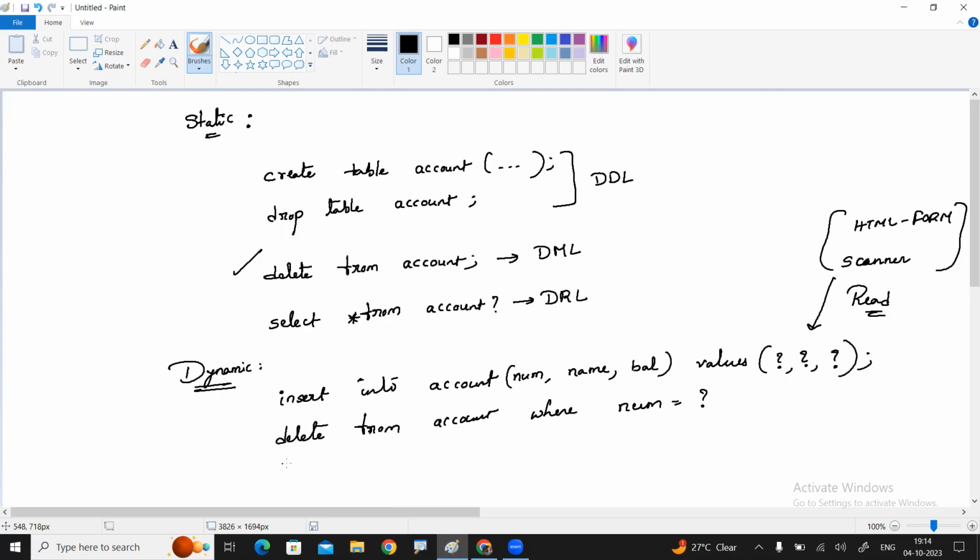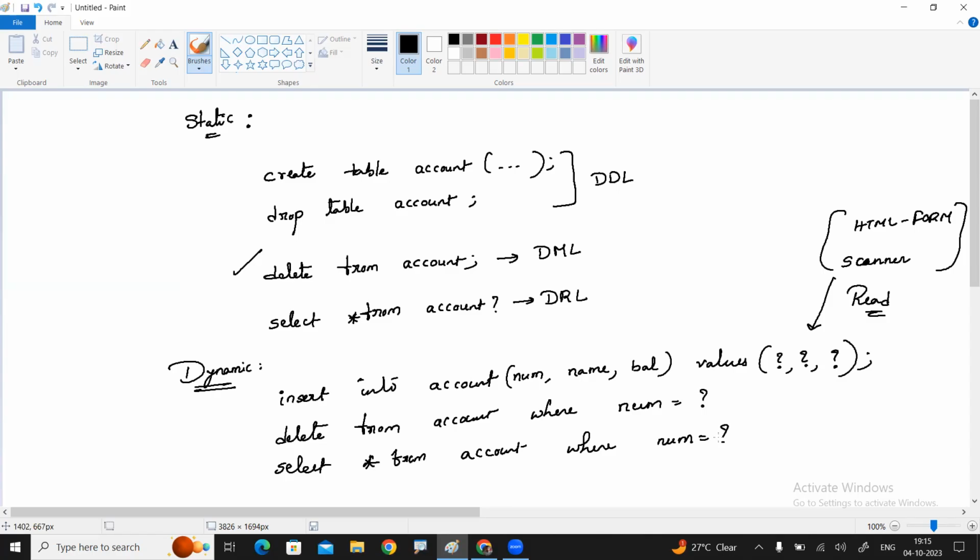For example, I want to retrieve: select star from account, but which record? Where account number is the particular record. Static queries means without question marks, no values.